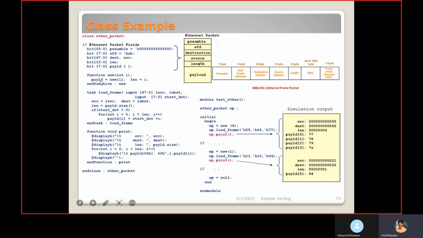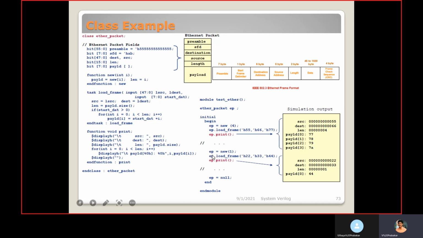So payload.size is nothing but what we are passing here, 4. This is the size of the payload, so it takes 4 and it gets printed here. Then the values: started as 77, greater than 0. Here we are giving the condition to increment the payload data. It is started as 77 plus i, where the initial value of i is 0. So the first value, payload[0], is 77, then 78 and 79, 80. The index value is 78.